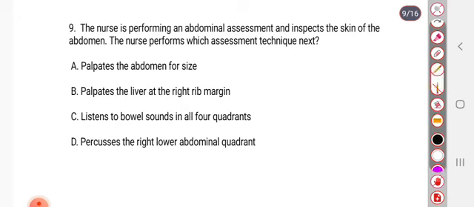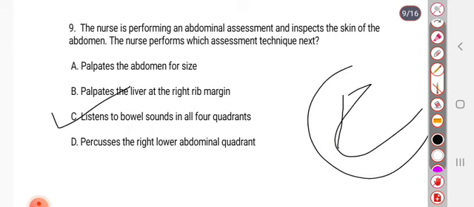Option C is listen to bowel sounds in all four quadrants. Next,